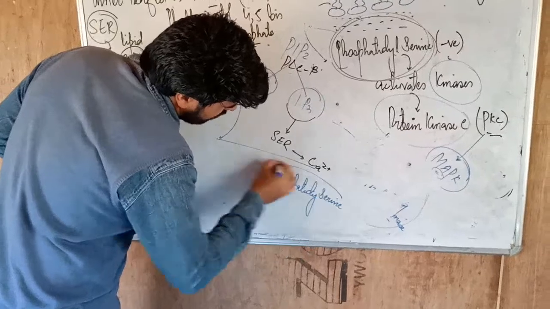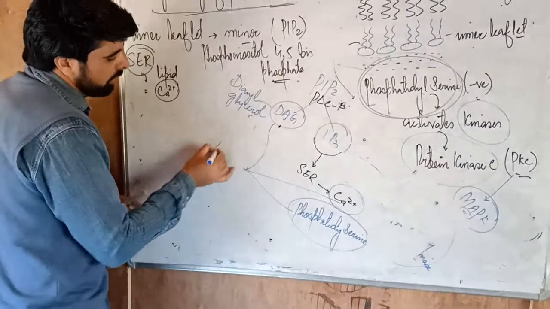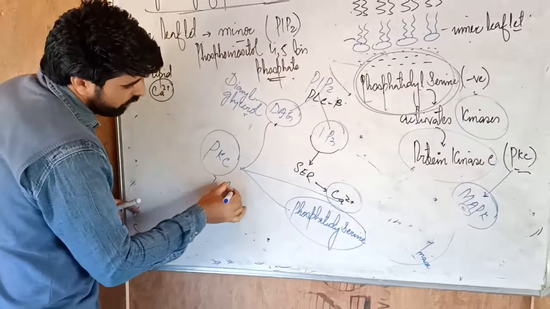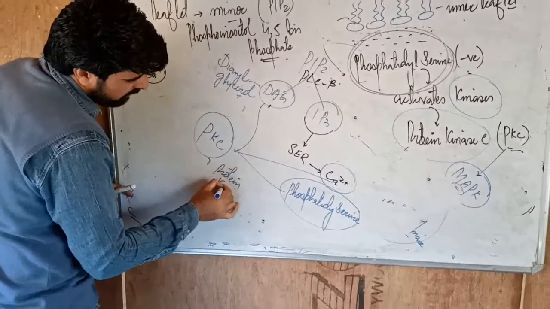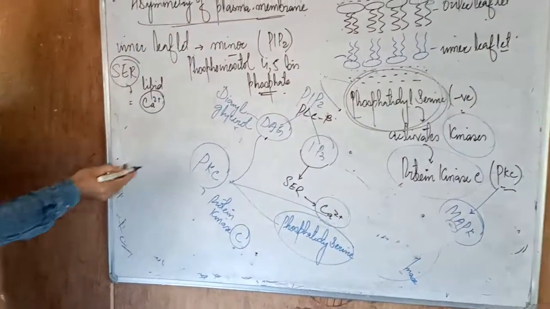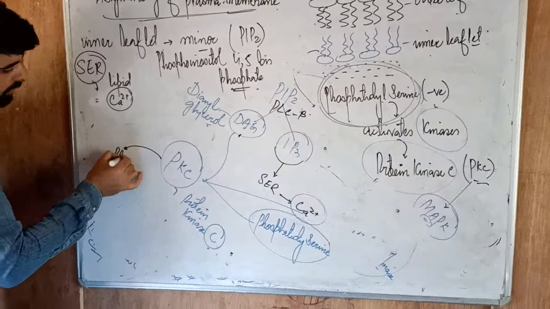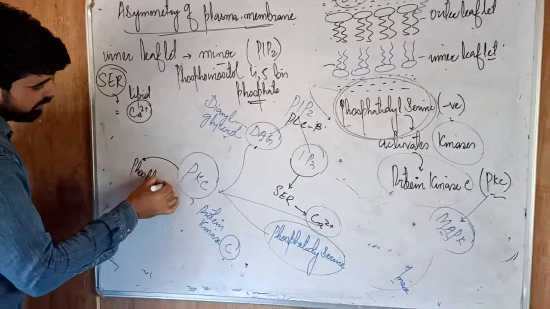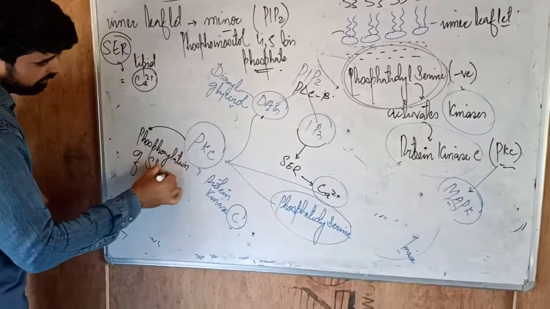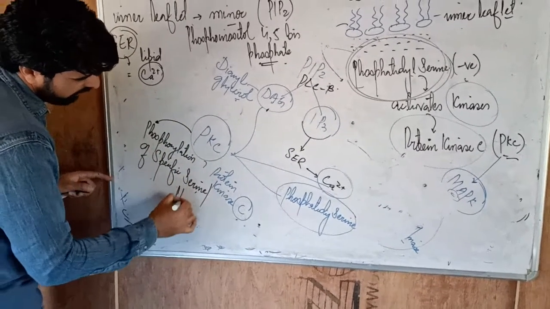Now these three together, these calcium ions and the DAG, will activate the protein kinase C. And what will this protein kinase C do? This protein kinase C will help in the phosphorylation of specific serine and threonine